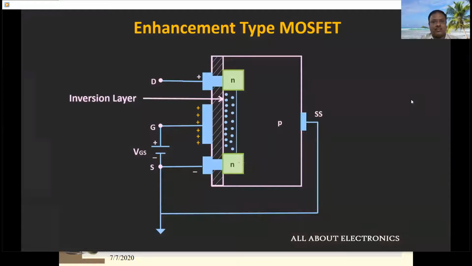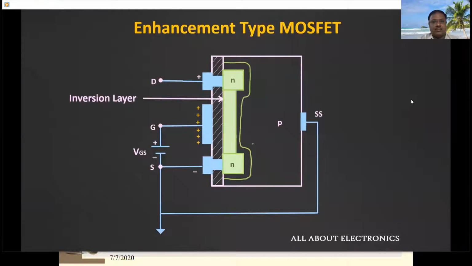But along with this channel, there will also be a depletion layer around this channel, because if you observe, there are two PN junctions which are reversed biased. So the first PN junction is formed between this drain and the substrate, and the second PN junction is formed between this substrate and the source terminal. And if you observe, right now both the PN junctions are reversed biased. So now we will consider that this voltage VGS is already greater than the threshold voltage. And now let us see what happens when we apply the voltage VDS.